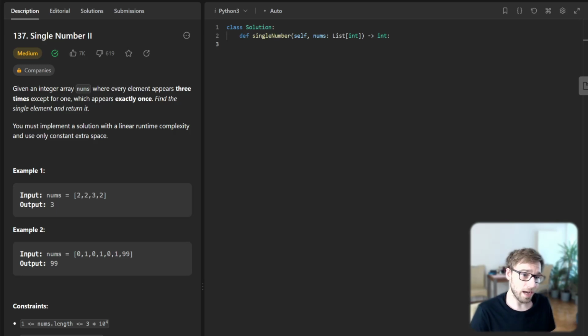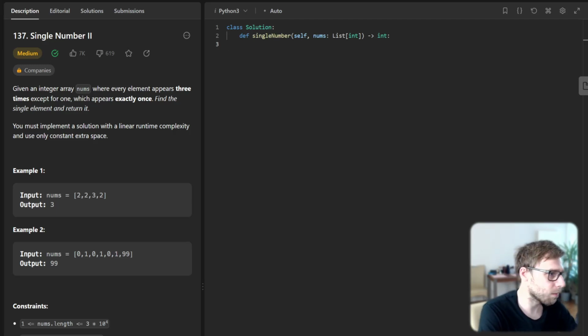So let's take a look at the code to solve this problem. We have a class Solution, and within it a function singleNumber, which takes a list of integers nums and returns an integer. We initialize two variables, one_time and two_time, and set them to 0. So let's implement it. First, let's do one_time = 0 and two_time = 0 as well. Then for num in nums,